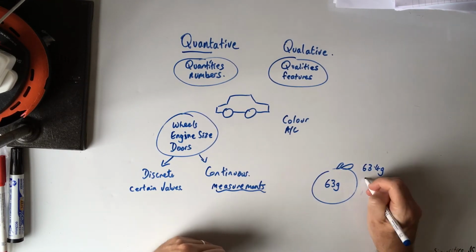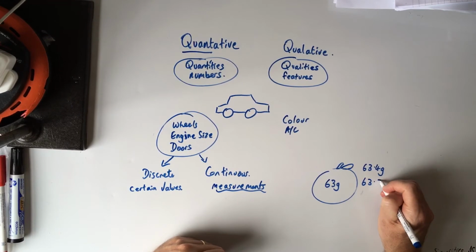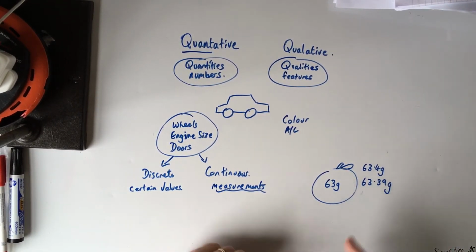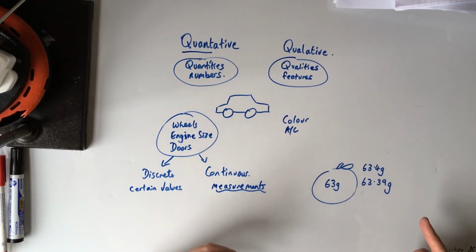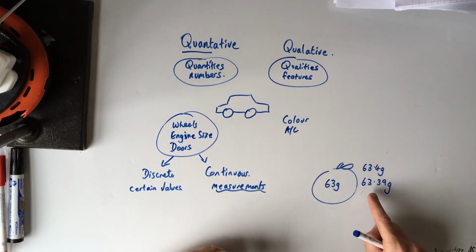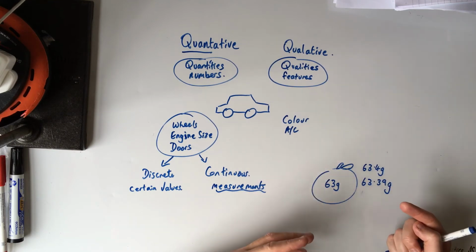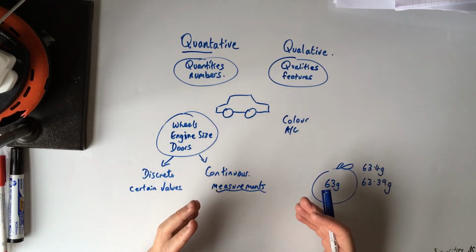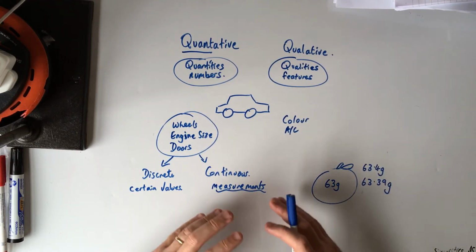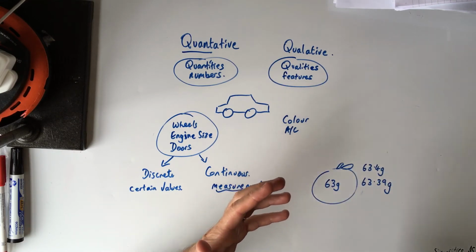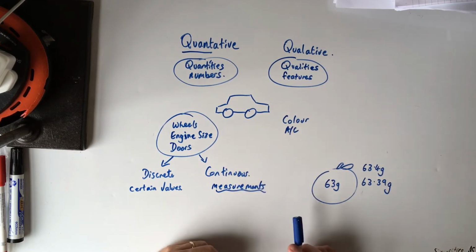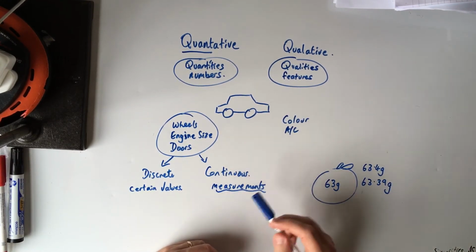Okay, so that might have been 63.39. That would have rounded off to 63.4 grams, but it's not 63.39, is it? It's 63.39 rounded off to 2 decimal places, and so on and so on. Okay, so any measurement, any number that is a measurement, you know, that is weight, distance, time, is rounded off to the nearest. Okay, and that is what we call continuous